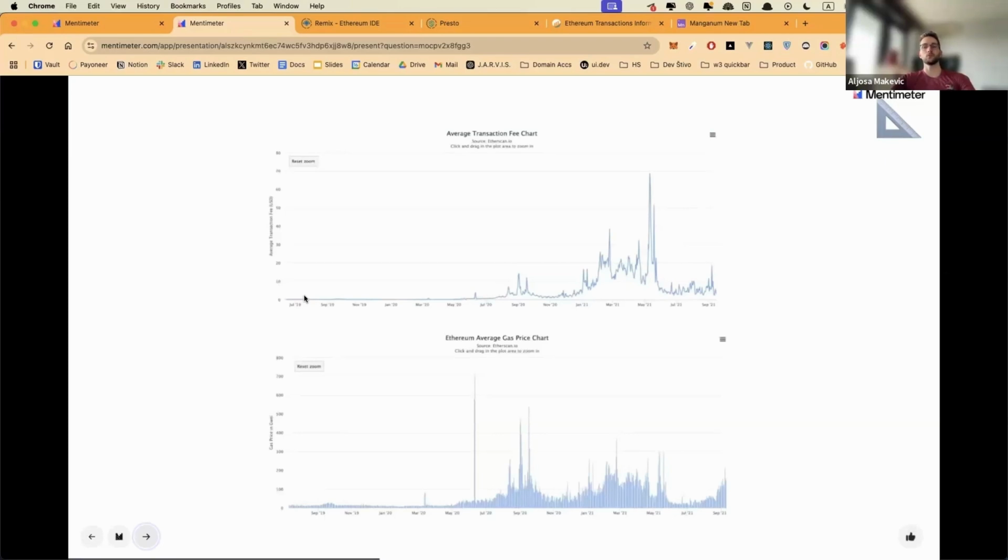So sometimes if too many people are trying to execute transactions at the same time, transaction fees can get crazy. And there have been situations where there's been an NFT sale of a collection called CryptoKitties. I know it sounds stupid, but people went so crazy for that sale that fees were hundreds, maybe thousands of dollars.